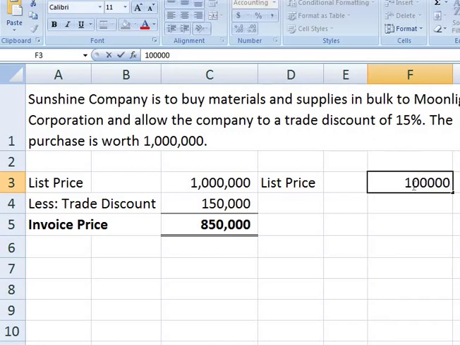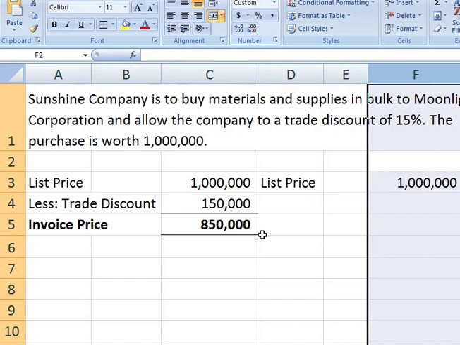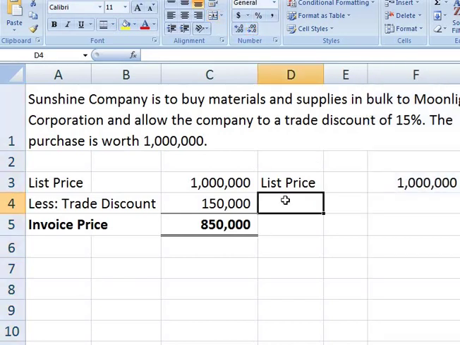Now, that's 1 million. And then, pwede mong i-multiply, you multiply it by the percentage, minus your trade discount. So, for example, if our trade discount is 15%, ibig sabihin, ang matitira na lang, ang net amount would be